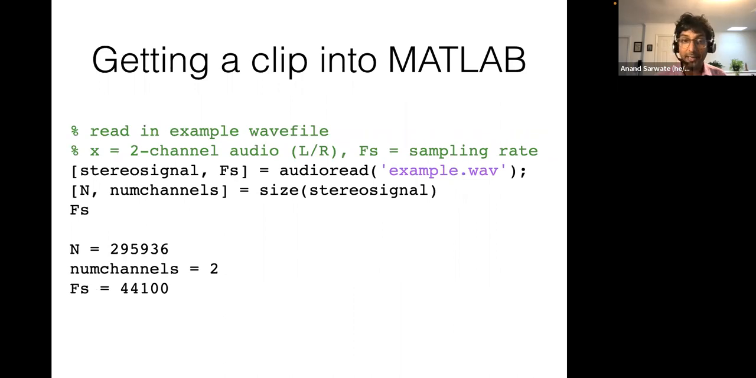How do you get a clip into MATLAB? Well, there's this nice audioread function. You can take a WAV file, and it outputs 2 things. It outputs a stereo signal and the sampling frequency. The WAV file tells you actually what its sampling rate is. So if I look at the size of this thing, you can see it's almost 300,000 samples, 295,936 samples long. And there's 2 channels, and the sampling rate here is 44.1 kilohertz, so 44.1 thousand samples per